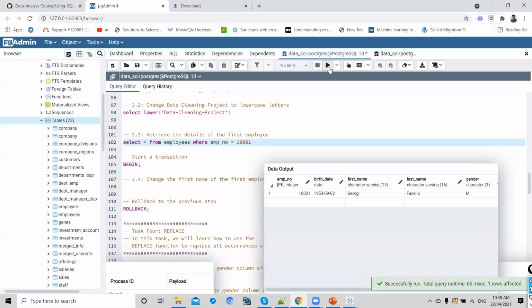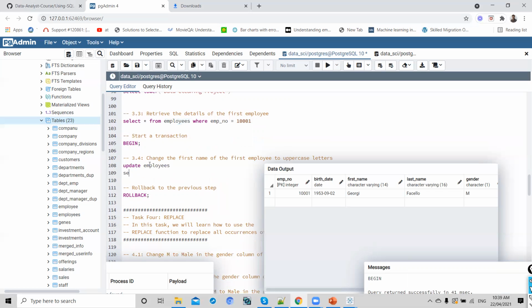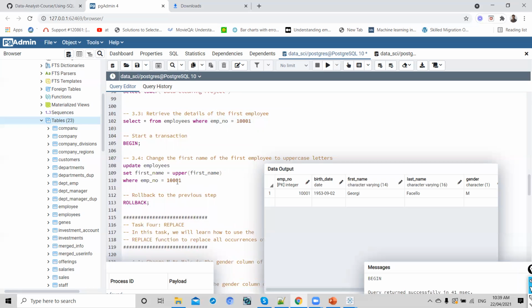If I execute begin, and update my first name to uppercase, so update employee set first_name equals upper of first_name with employee number equal to this one, I am converting my first name to uppercase for this employee number. So if I execute this,